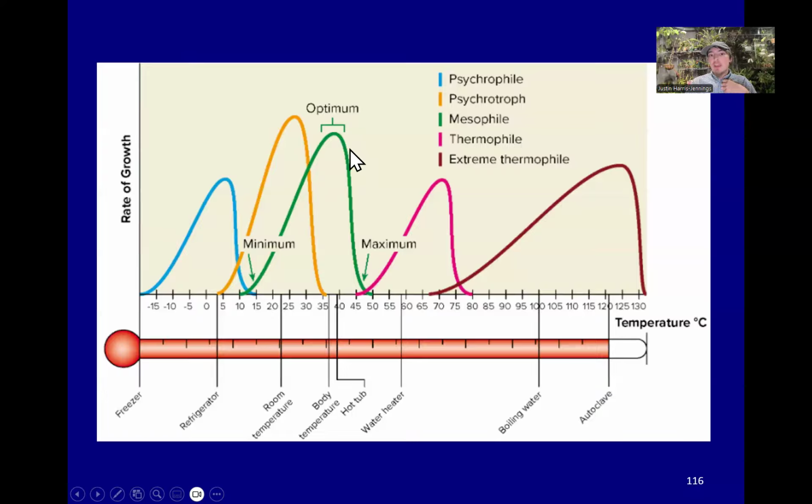And eventually the cell can't sustain that much damage. That's that stress, that's damage on the cell. And eventually it can't sustain it anymore, and so it dies. An example, a really cool example, is extreme thermophiles. They have specific proteins that are designed to withstand heat better, but they also have additional heat protective proteins that help correct